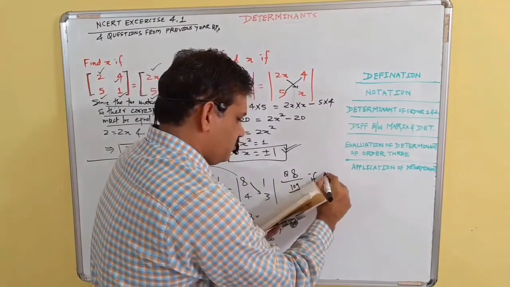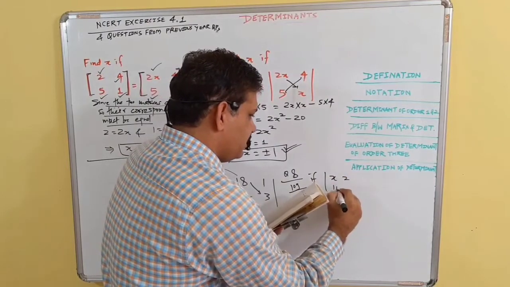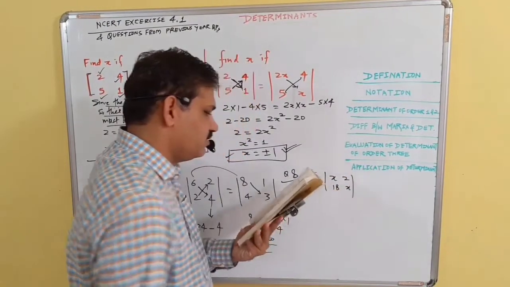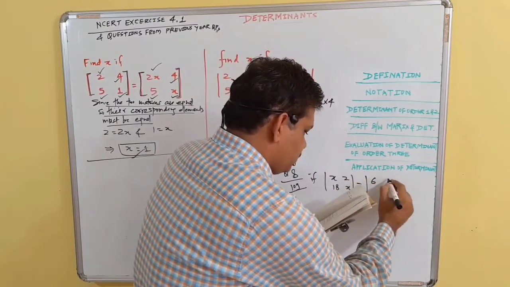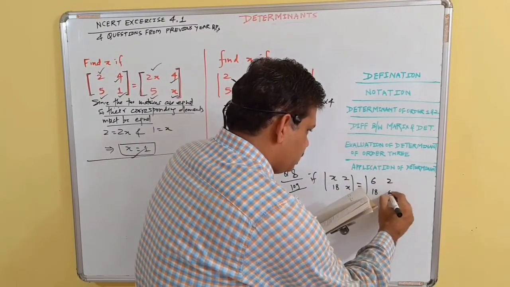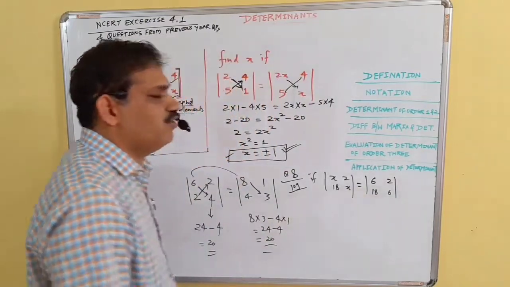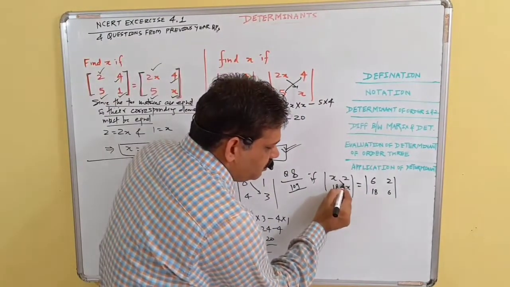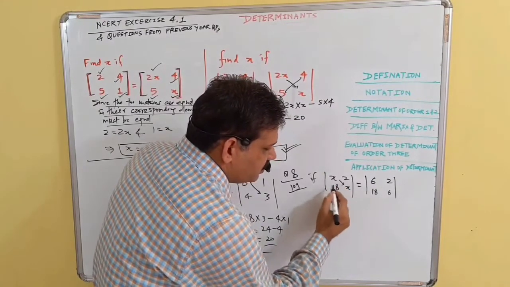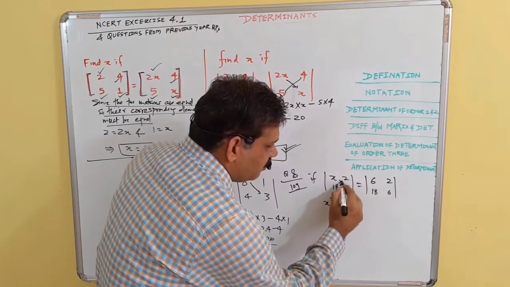Question number 8 on page 109, exercise 4.1. If determinant x 2, 18 x is equal to determinant 6 2, 18 6, then what is the value of x? Since the two determinants are equal, we find the value of this determinant: x into x, x square